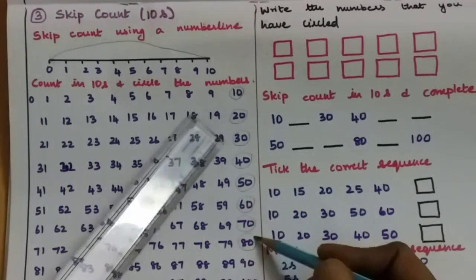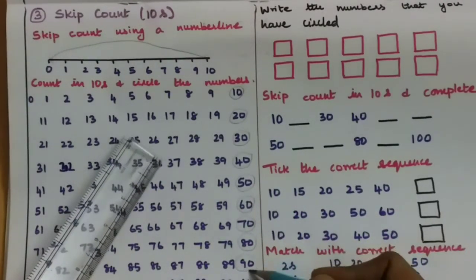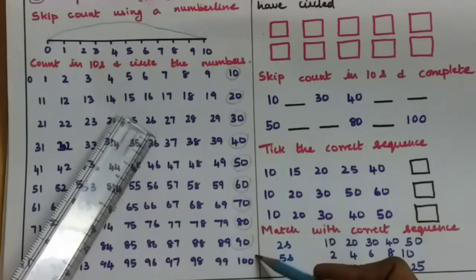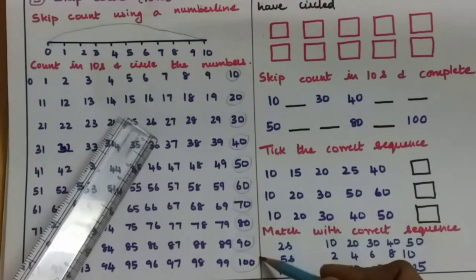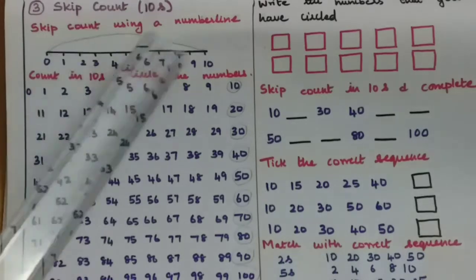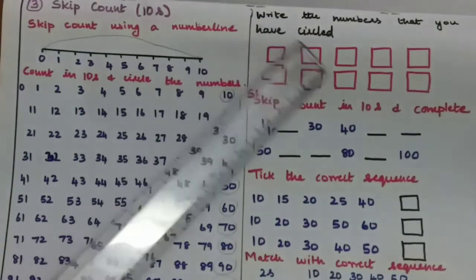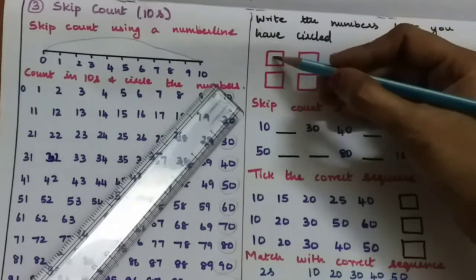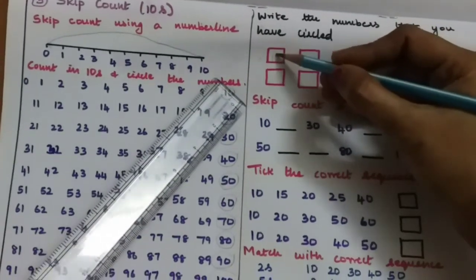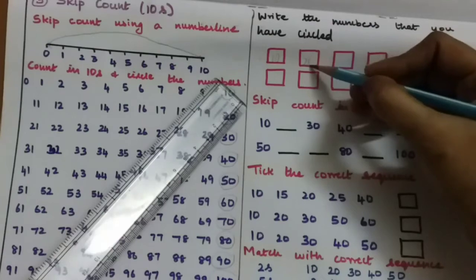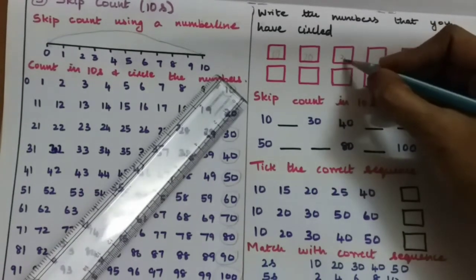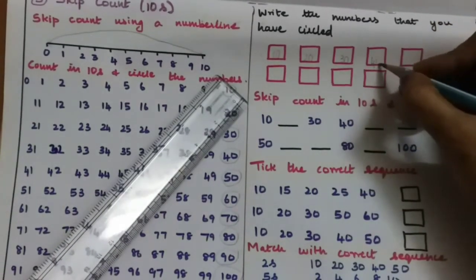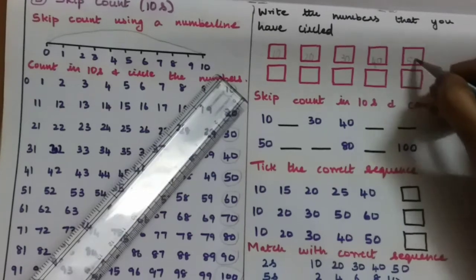Okay, so once they have circled this, ask them to write those numbers in the boxes given for them to become familiarized with the sequence that they obtained by skip counting in tens. So let them write once, just nothing but 10, 20, 30, 40, 50 up to 100. Okay, so once they are comfortable in doing this, then you can ask them to fill in the blanks by